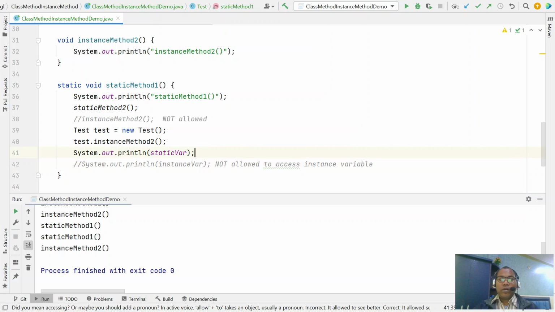Similarly here, a static method is not allowed to access an instance method.